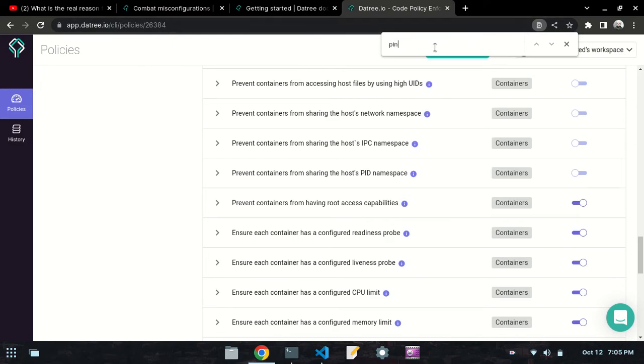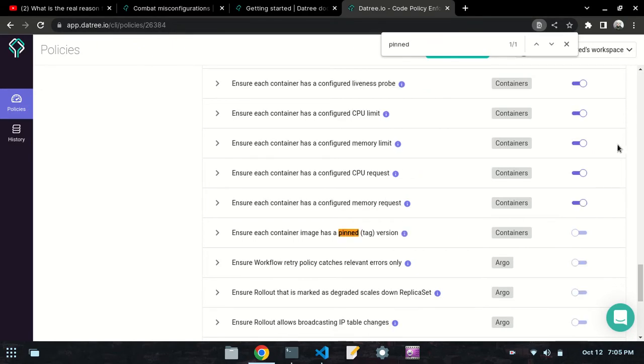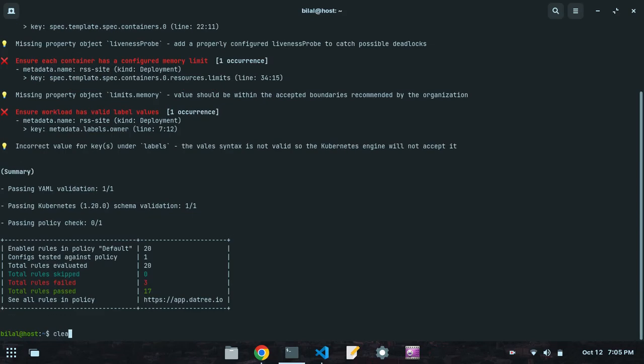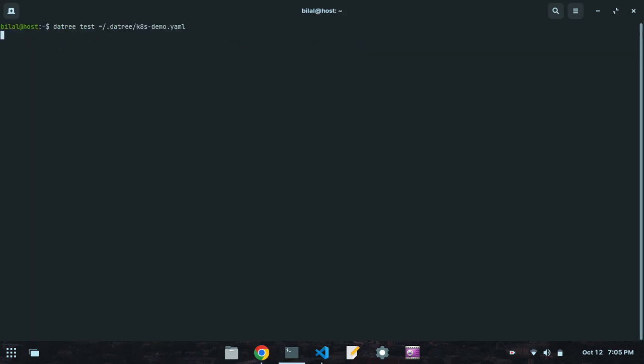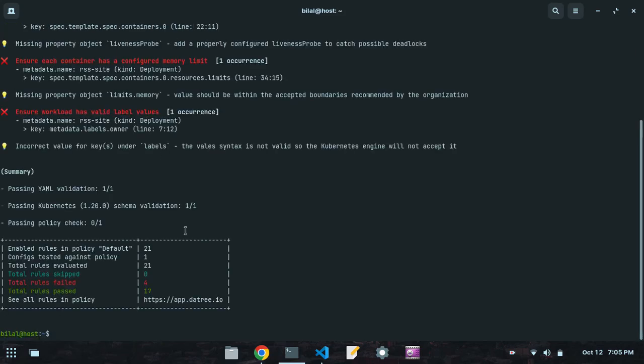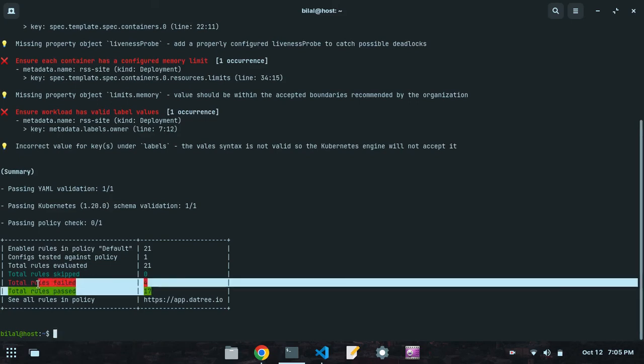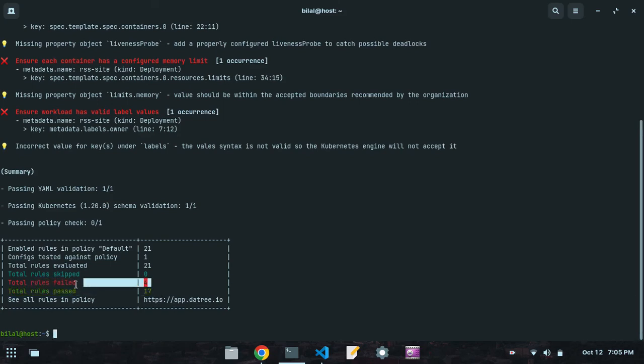if I write the pin tag, let's enable it. Alright, so if I enable it and clear this, and run this command, you will see that the pin tag has occurred here, and this is the new problem that is present inside this Datree YAML file. So let's wait for it. As you can see, currently there are 4 failed